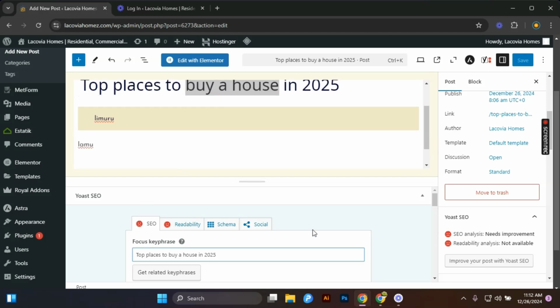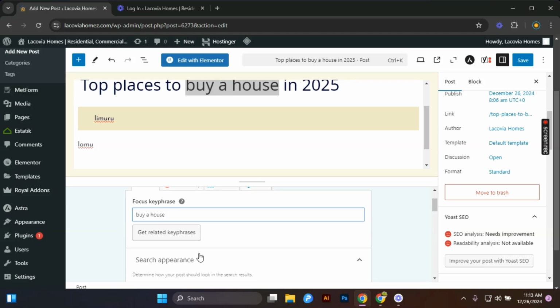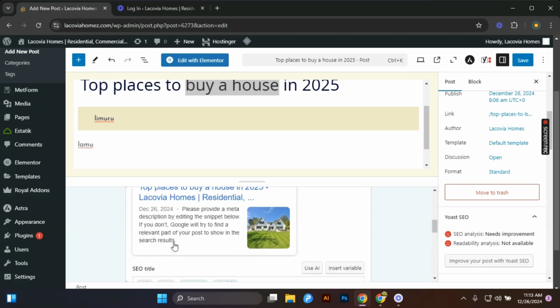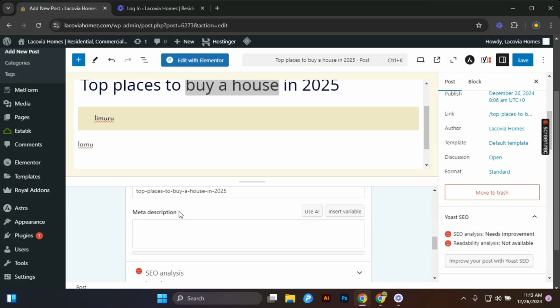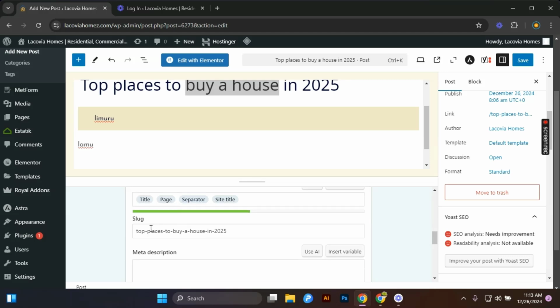No, "to buy a house" is a key phrase. So just remove these other things. Say "buy a house" is a key phrase. Then you also include what we include, so slug: top places to buy a house in 2025. Just leave it the way it is. That's good enough, because that is the link that will be showing on the website